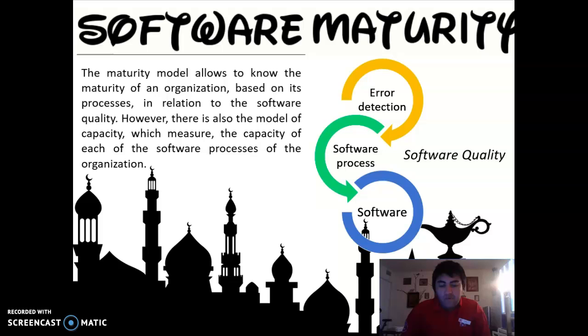From the point of view of quality, you cannot improve a product or a service if you don't improve the processes involved. So if we don't improve the processes when we are building software, from the conception, since the moment we start getting the requirements from the client to the moment that we have the final product, we're not gonna get a good software, because if the process doesn't have certain rules, certain rigor, we're not gonna get a good model.